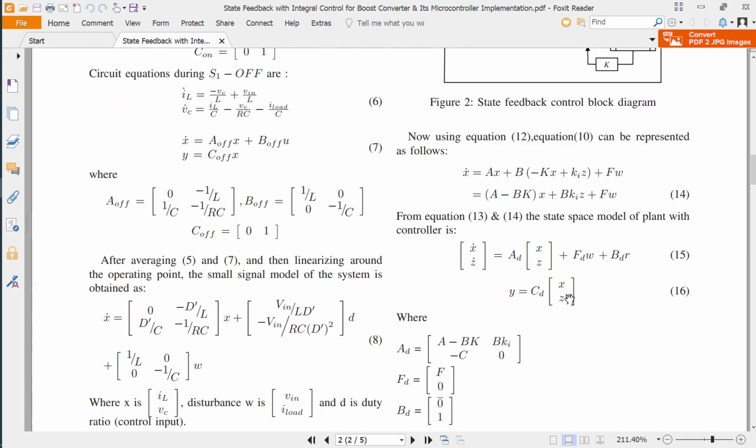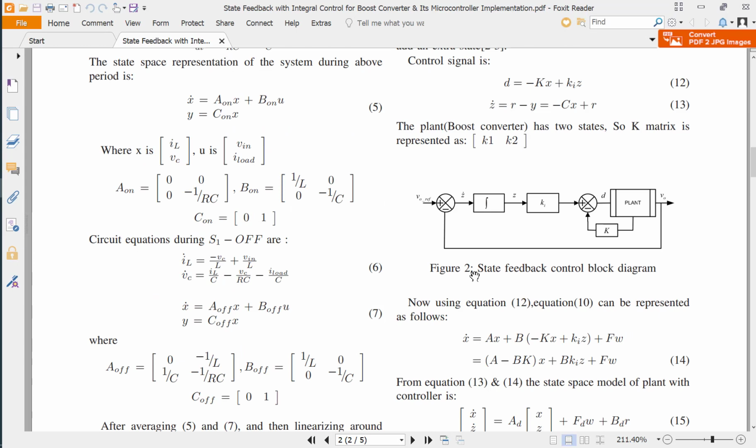So we can see this is the state feedback control block diagram. There is the state feedback controller here, and there is the integral control here to eliminate the steady state error.